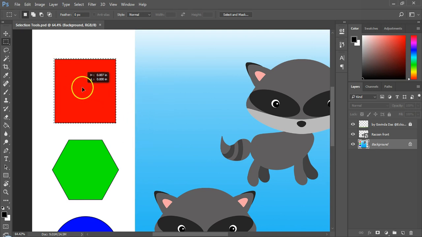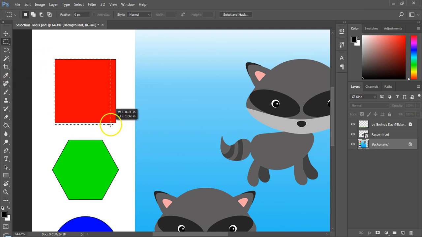You can also use your up and down arrow keys to move the selection area. You can also hold the Shift key while using your arrow keys to move the selection pane in larger increments. And remember, clicking once outside the selection pane, you will lose your selected rectangle. In any other situation where you don't want any selection anymore, press Ctrl D to remove all the selections from your canvas.